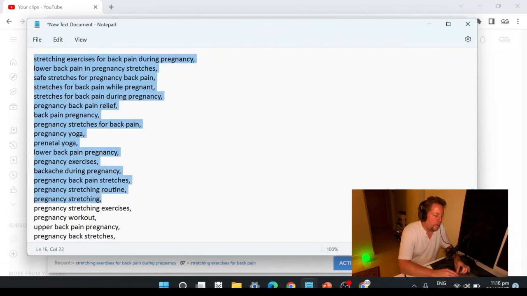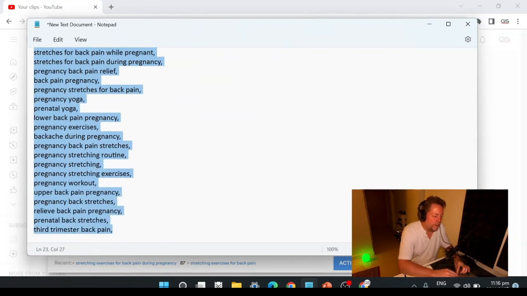Okay, all right, I made a list. Now, there might be a couple duplicates in there, I don't know, but I want to organize this list. I want to make it nice and clean and organized, so when I look at it, everything is really clear and I can think about exactly how I want to build my title. All right, so I'm going to copy this nice list, and I'm going to use another tool, and the link will be in the description.